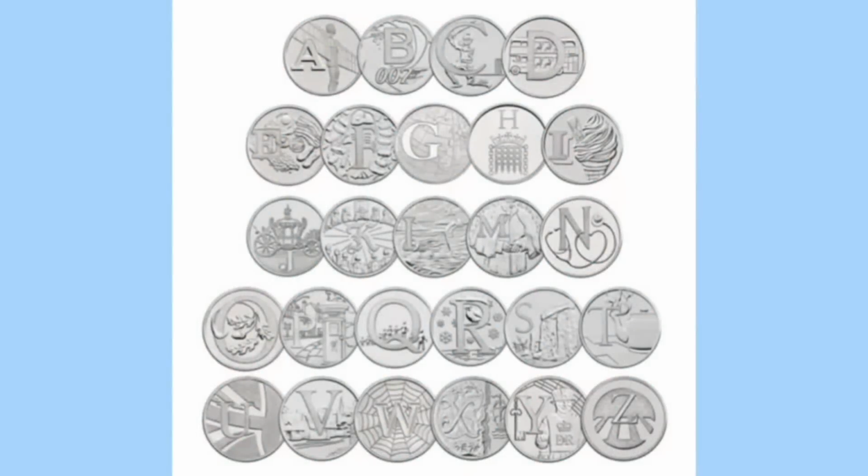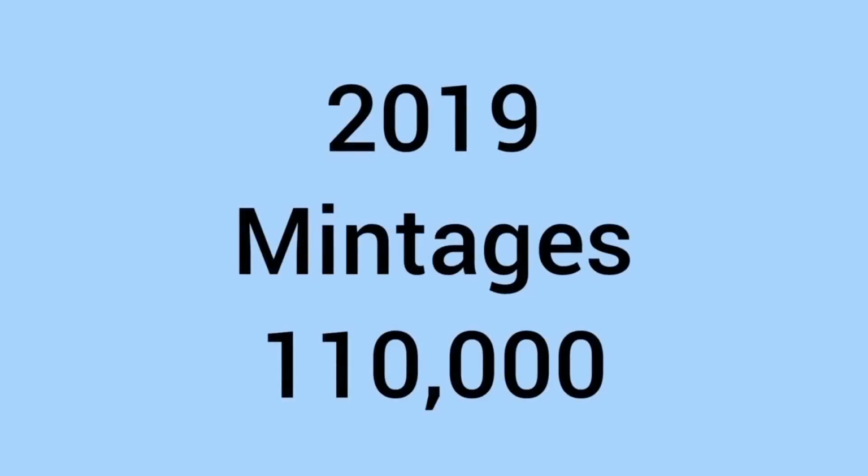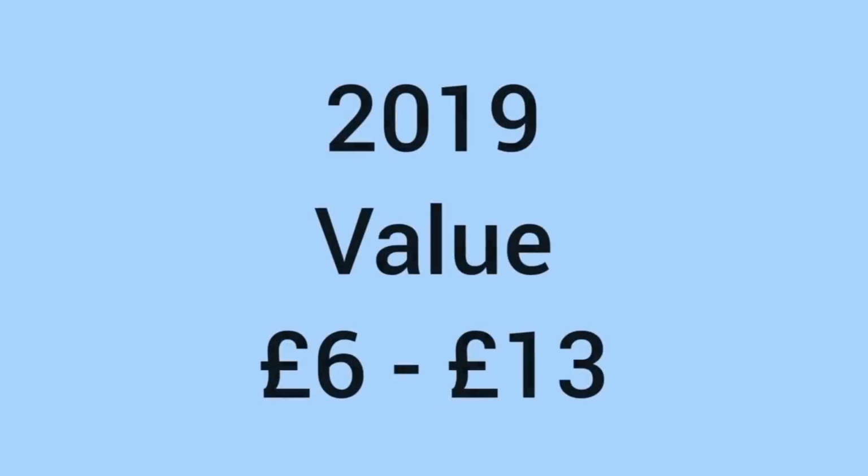Then the following year, in 2019, once again the alphabet designs were brought back into circulation for the 10p piece to adorn the reverse of the 10p piece. There were 110,000 made of each letter of the 2019 alphabet 10p, with the last few letters of the alphabet being slightly rarer, but these 2019 alphabet letters will sell for around £6 to £13 each, so slightly more desirable